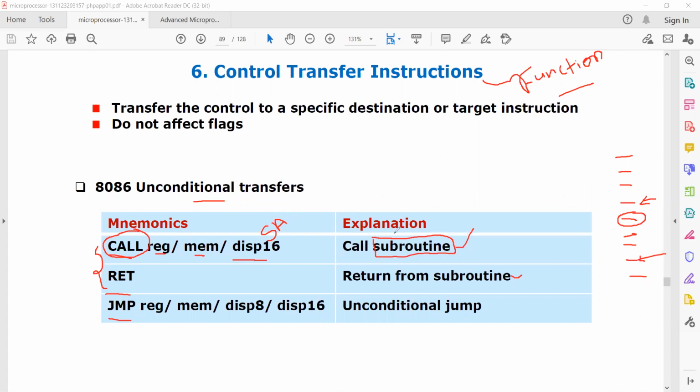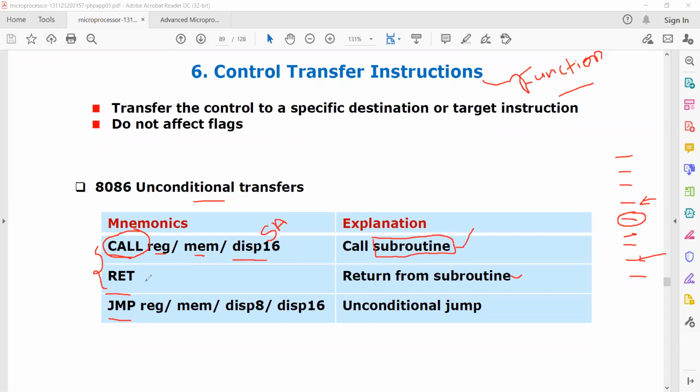The subroutine will have several lines of code and that will be stored in a particular place. It may be a register or a memory location in the memory, or some other place. That will have some starting address, and that starting address will be given here.